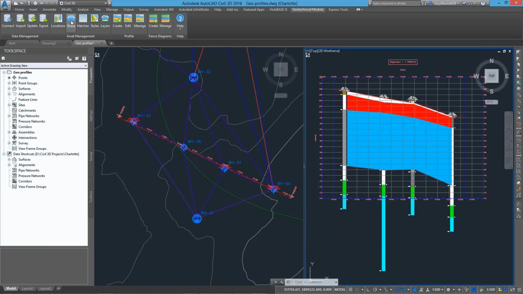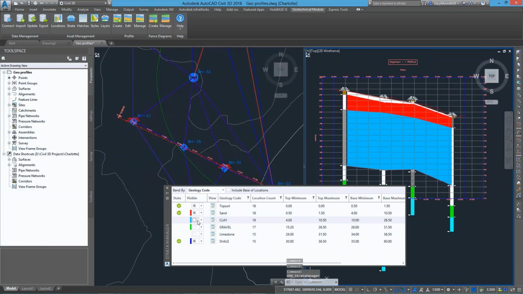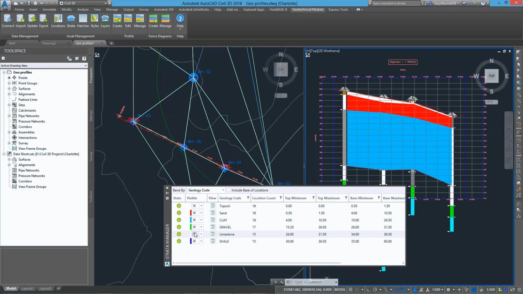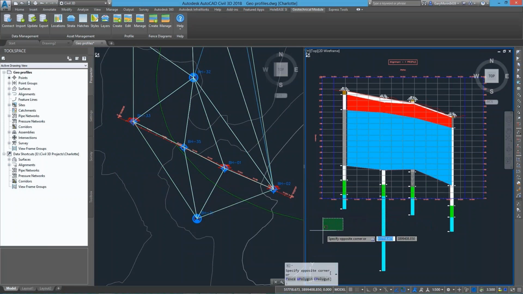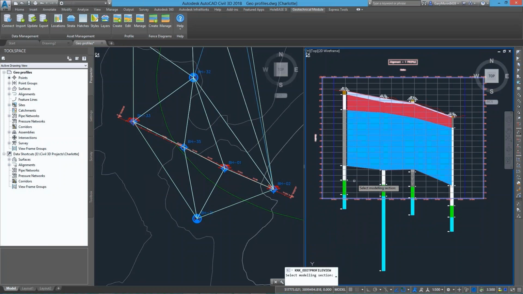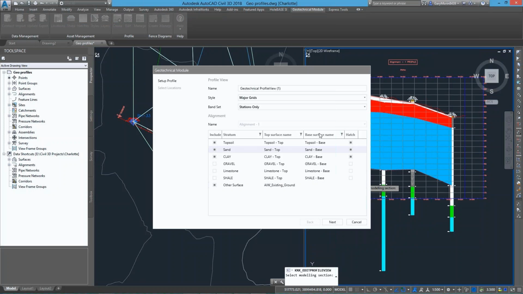So in here, you'll see as we just go along, before I do anything here, I'm just going to go away and update the drawing. Let's bring in some new surfaces that this drawing has not seen before. So I've just pulled in some extra geotechnical surfaces. I'm going to go to this new edit profile view command here, select the profile view I want to edit,